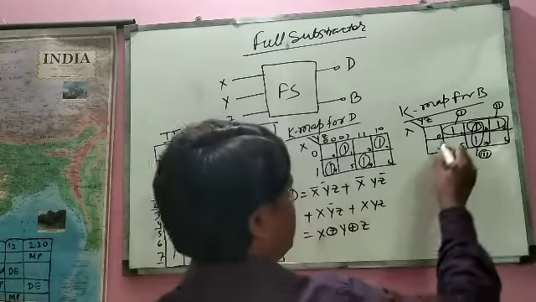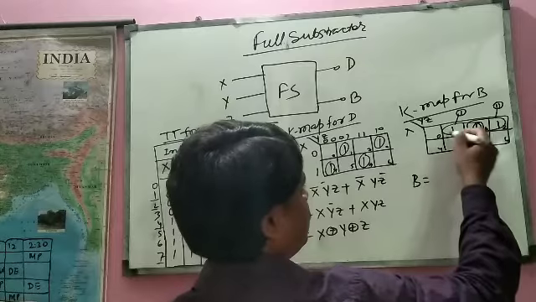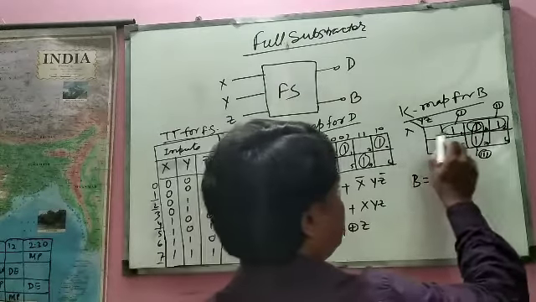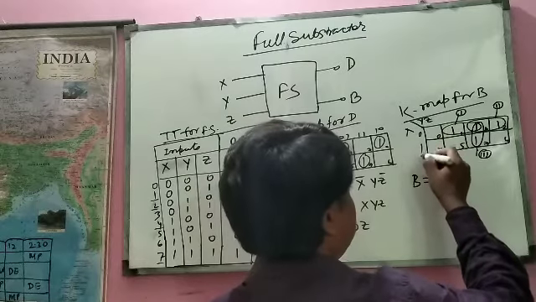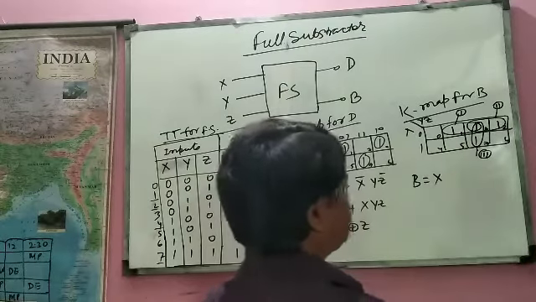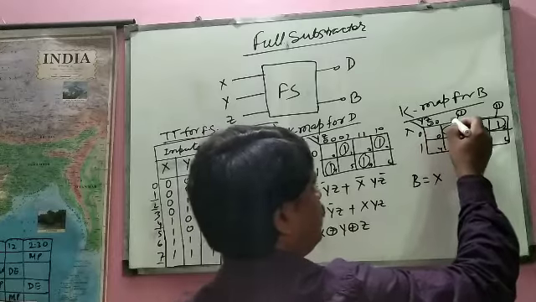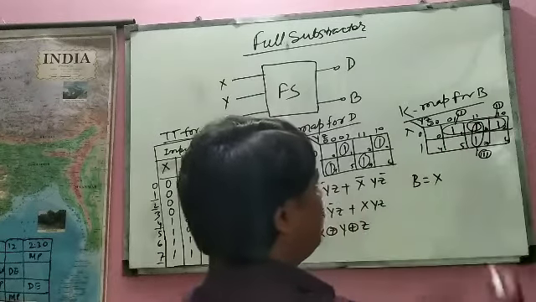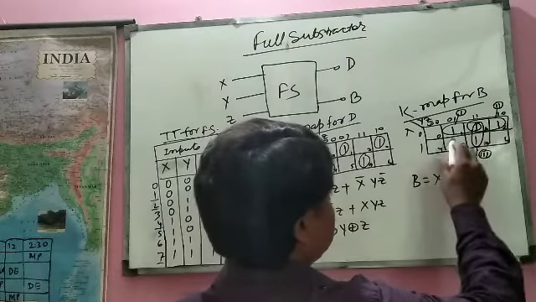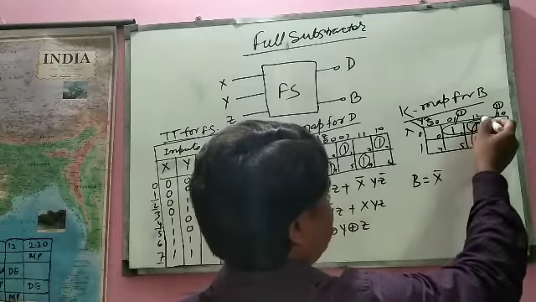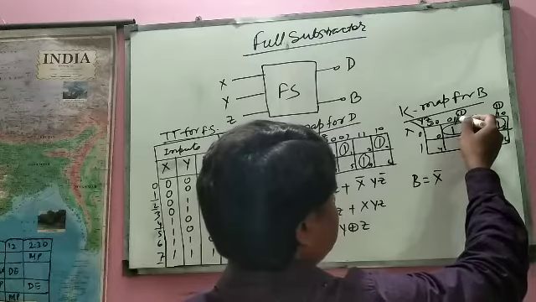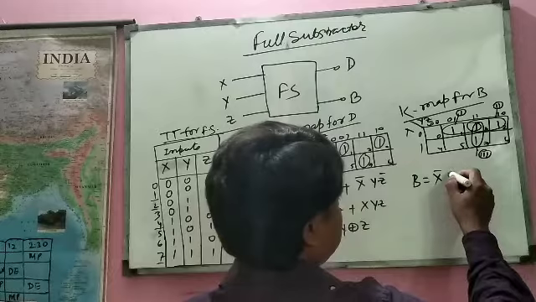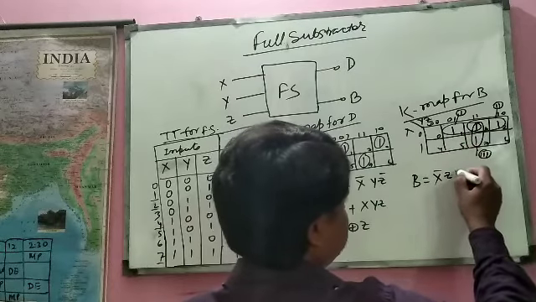So what will be the value of B? B is equal to, calculate the value for this pair. From here it is 0, 1, which means X bar. Here the rows are 0, 0, 0, 1, 1, 1 and 1, 0. From this side it is X bar, and from here only Z is common, since 1 is common. Y is not common, so it is Z.